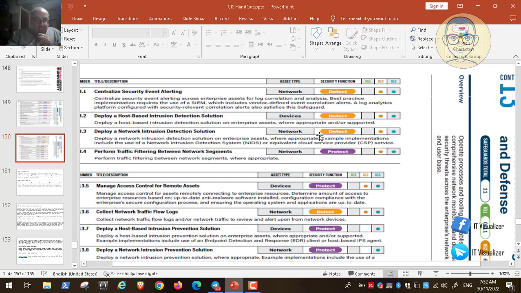Detection only detects the activity and informs the administrator, leaving the decision to him. Okay, so this is point number 3. Point number 4 is to perform traffic filtering between network segments. You need to make a segmentation for your network, to make VLANs, to filter traffic between different devices